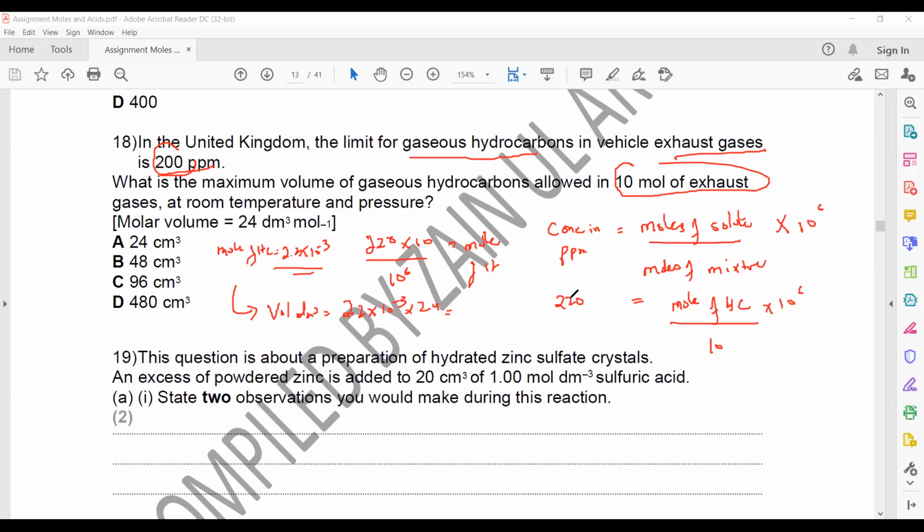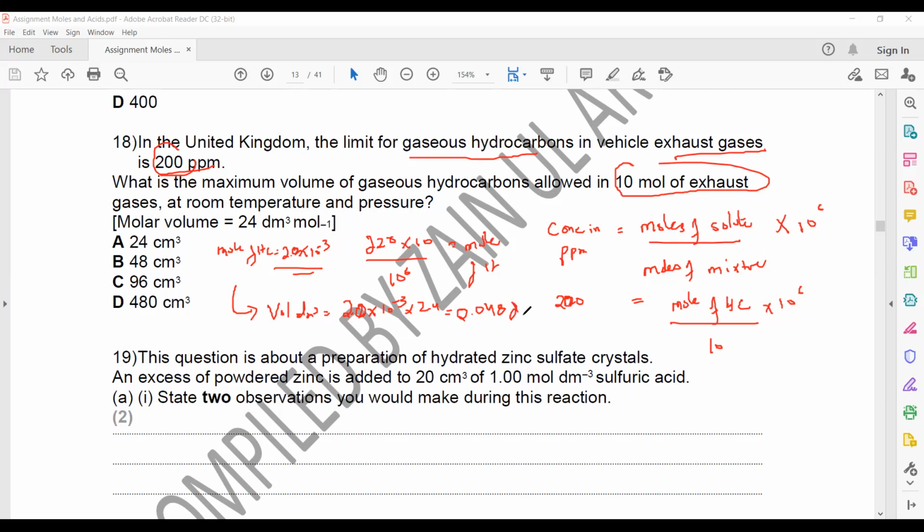Here it is 200. I think I took 220. This is 200. So this is 200 multiplied by 10 divided by 1 million. So this was only 2 exponent minus 3. By mistake, I think I copied 220, but it was 200. So 2 exponent minus 3 multiplied by 24. This will give us